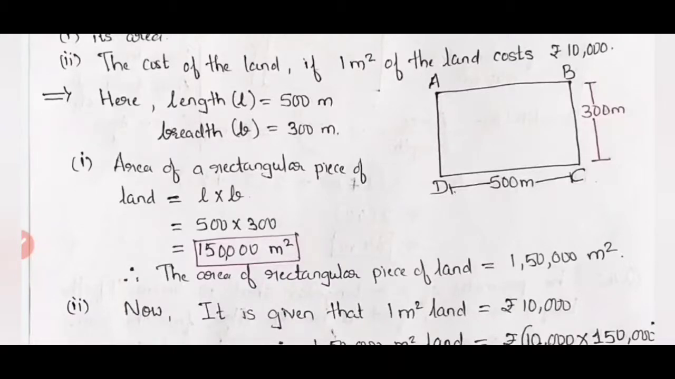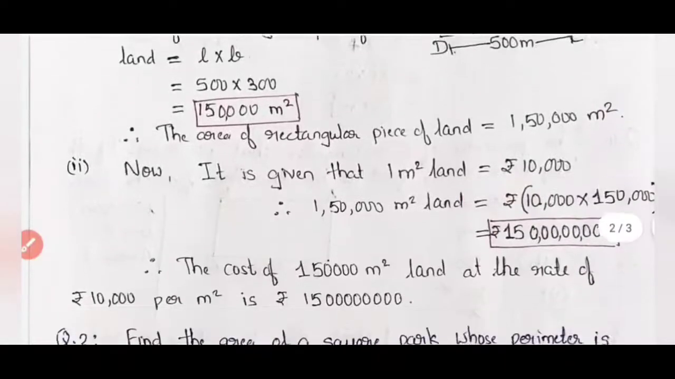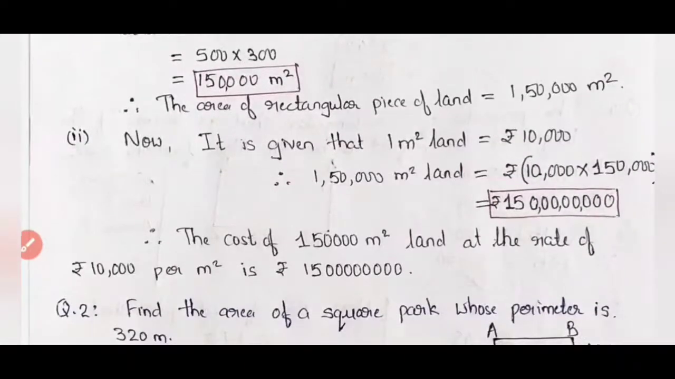The second question says find the cost of the land if 1 meter square of the land costs rupees 10,000. That is what we are supposed to do. So for that we will utilize what they have given us. They have given us that 1 meter square of land is equal to rupees 10,000. So we will write like this. It is given that 1 meter square of land is equal to rupees 10,000. Therefore,